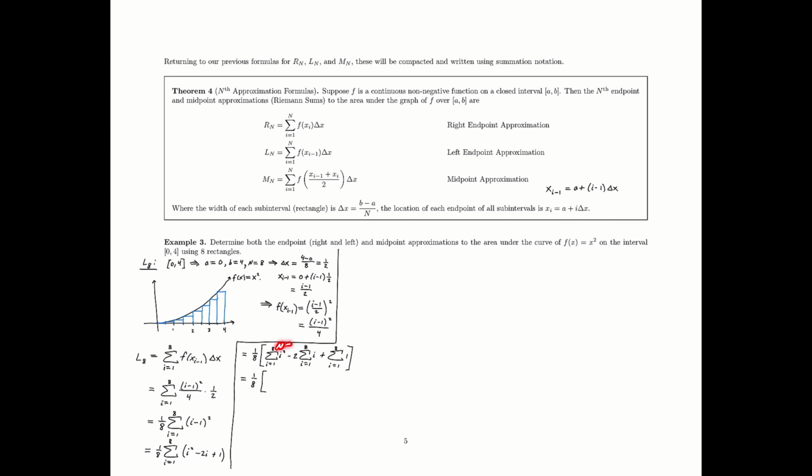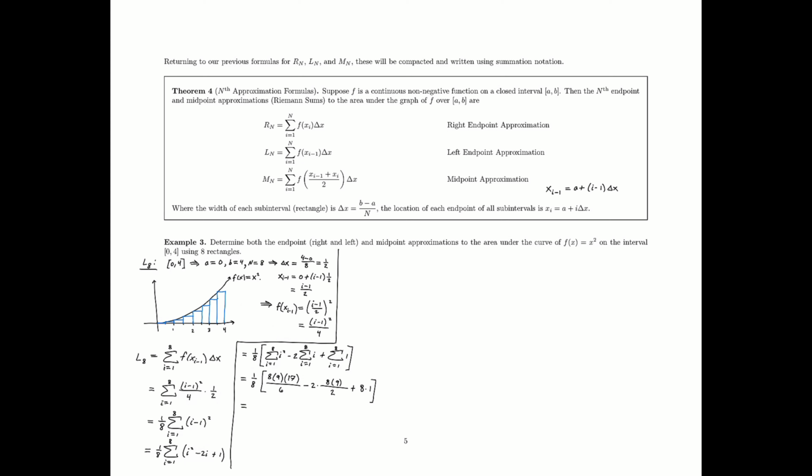Our capital N value is 8, so for the quadratic, this would be 8 times 9 times 2 times 8, so 16 plus 1 is 17, all over 6, minus 2 times the power sum for this, which would be 8 times 9 over 2, plus this would be 8 times 1. If you do all the arithmetic and add all that up, you will get,